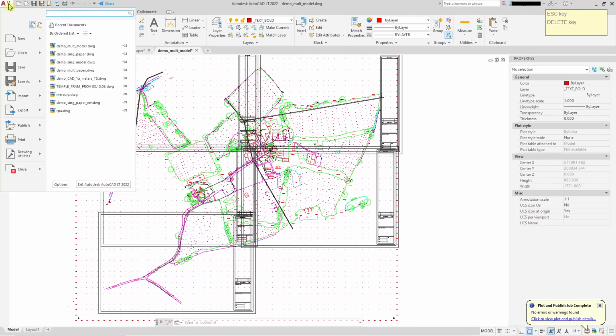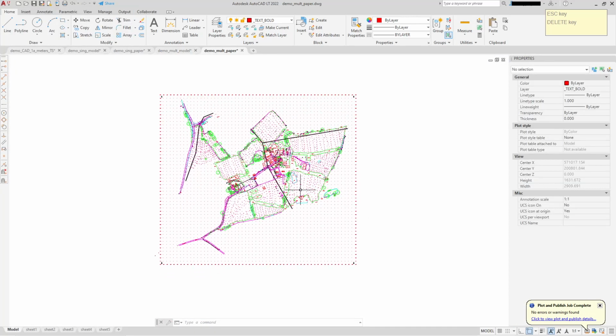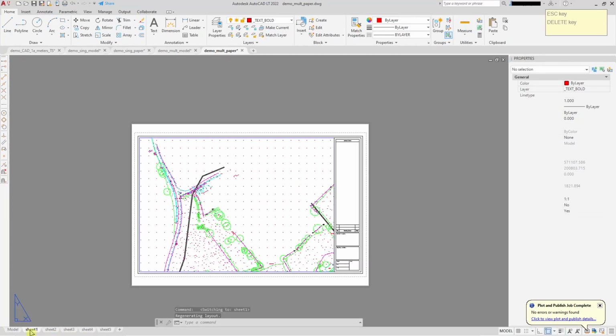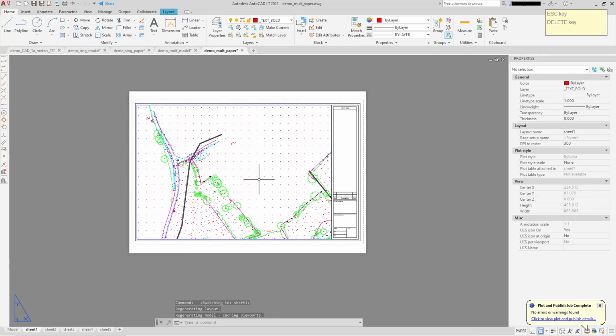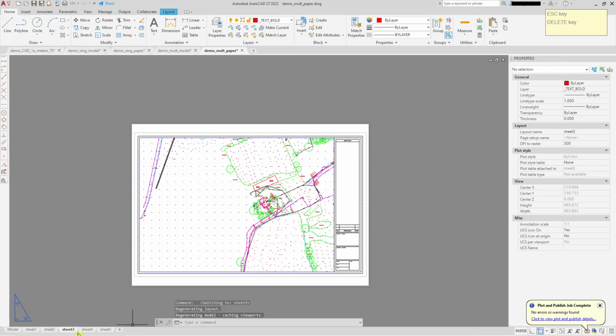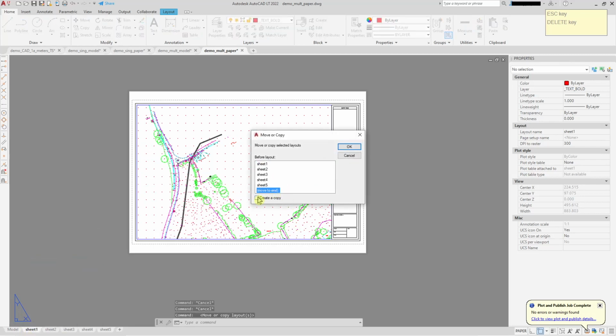And if we look at the paperspace version, if I can quickly find it, there's our site, and I've got 5 sheets here, all nicely set up. And you don't have to do each of these sheets. You don't have to redraw each of these sheets. You do one, get your layout set up, and then you just make a copy,